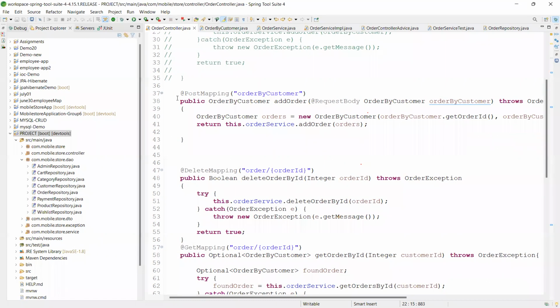Prashant, look at your URLs. You're posting an order, right? So you should look at the URL. It has Order by customer with capital letters and all. Basically it's an order, right?